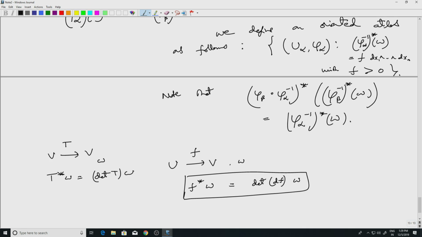So in short, the f here is this map. Therefore, the determinant of the derivative of this transition function